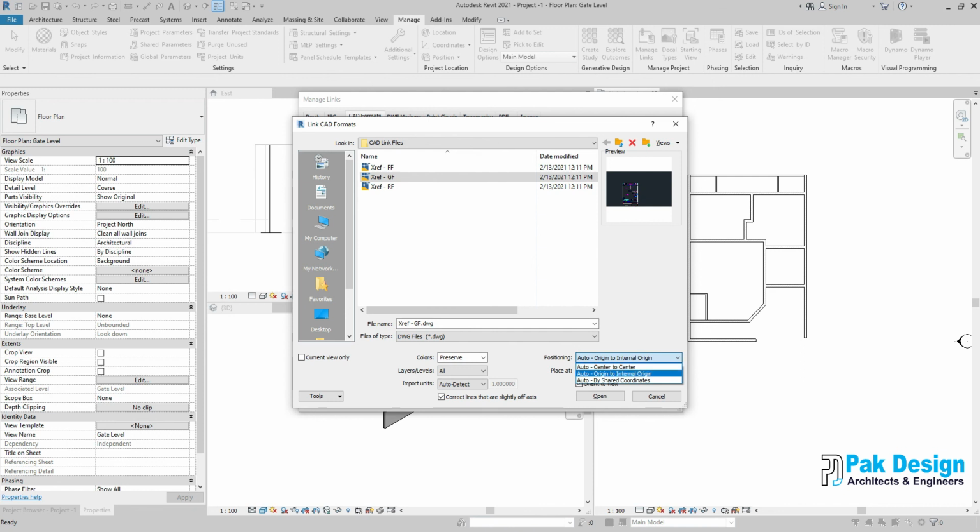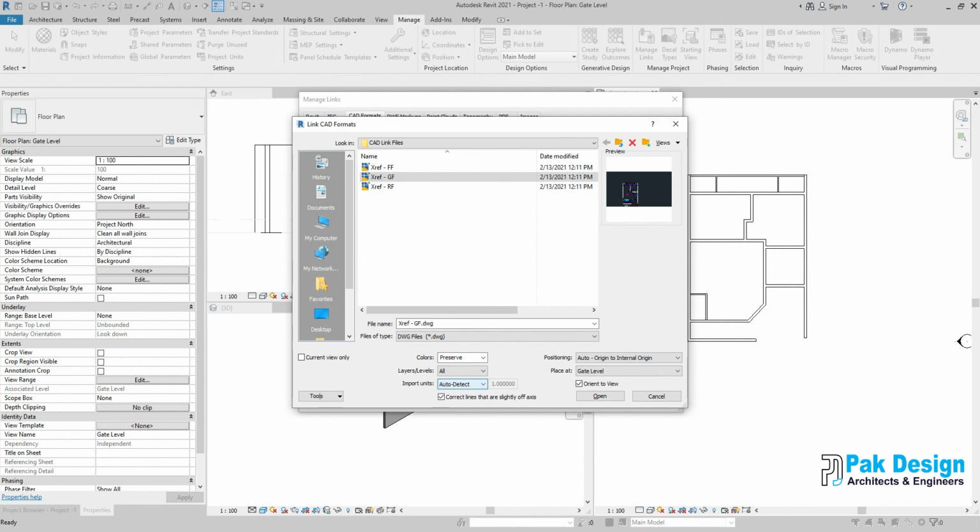So I'm going to use origin. The color, which color you want: black and white, or preserve, whatever color is there, so you can see the same color. Layer, all visible, all layers, or you want to see some layers which will be visible, or specify. Unit, currently the unit of this file is mm, so I'm going to keep the same.